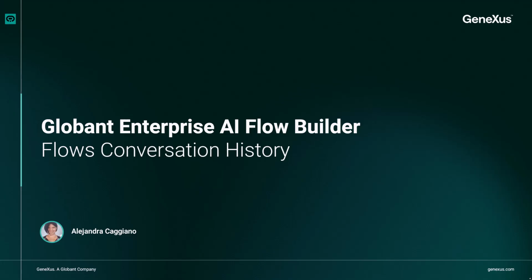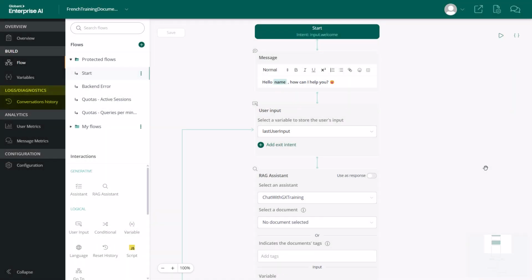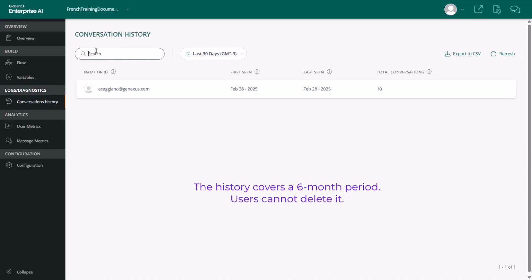Let's learn a little more about the Conversation History option under the Logs Diagnostics section in the Flow Builder side menu. This option displays the history of all conversations between end users and flows. In the upper part of this window, we see that we can search for a specific user or a conversation